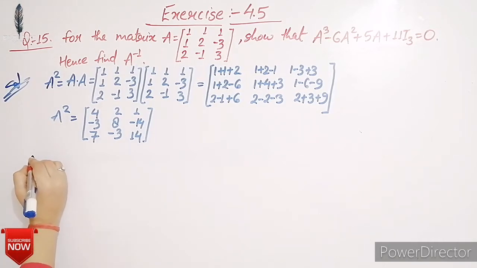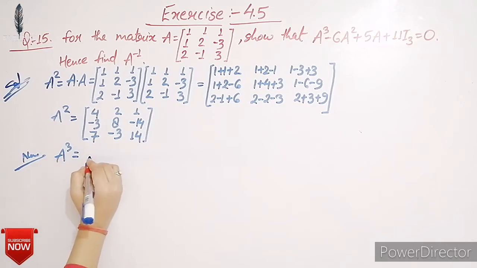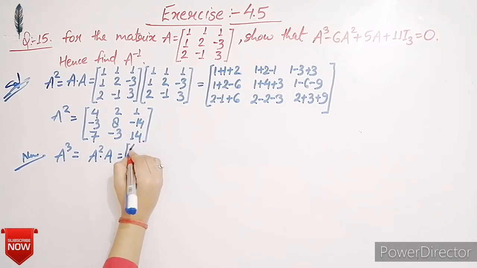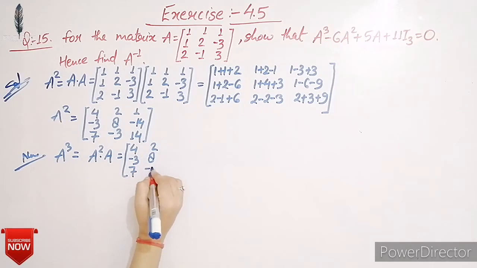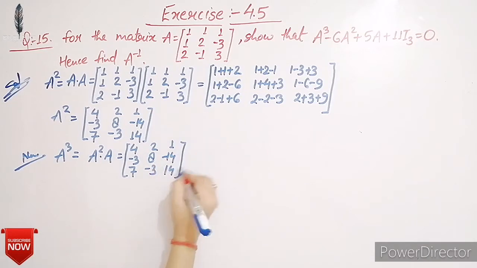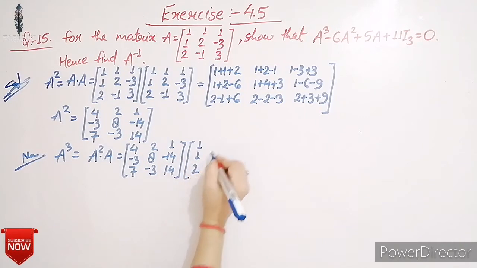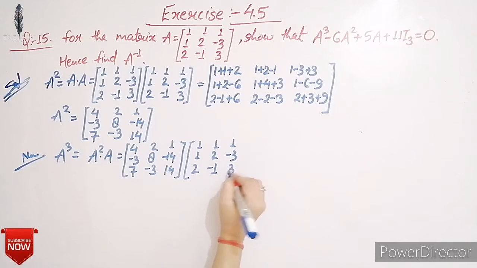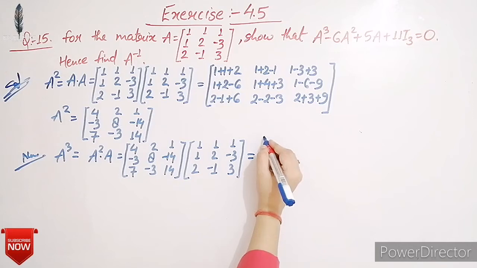Now we have to find A cube, that is equal to A square into A, which is [4, -3, 7; 2, 8, -3; 1, -14, 14] multiplied by A, and the value of A is [1, 1, 2; 1, 2, -1; 1, -3, 3]. Same as before, on multiplying row by column process, we have